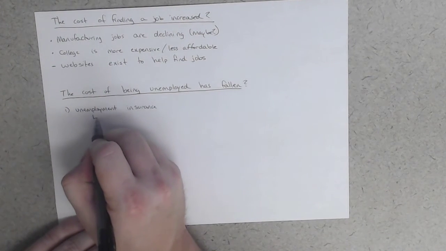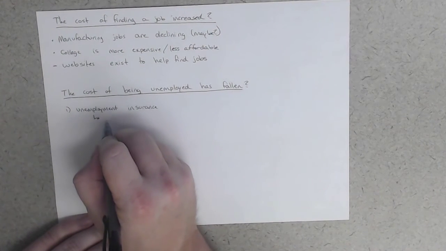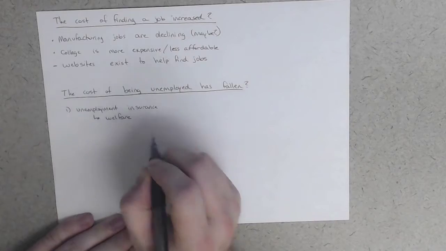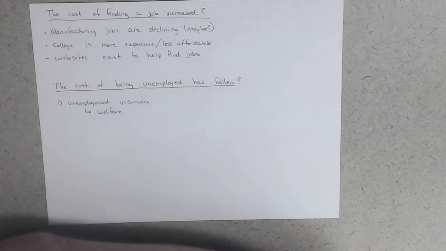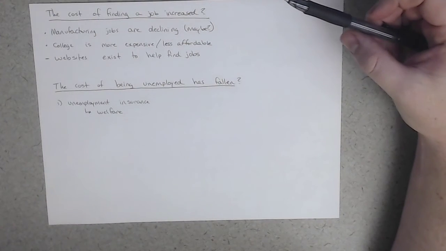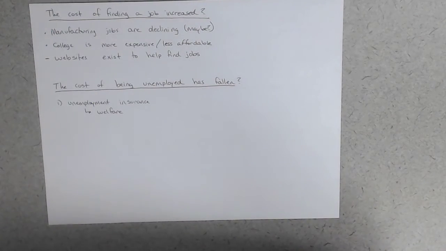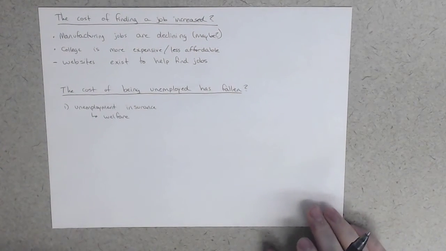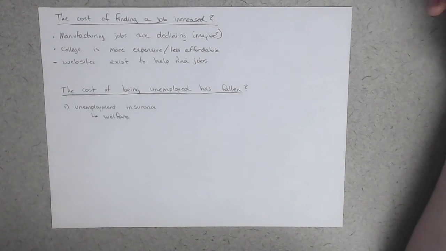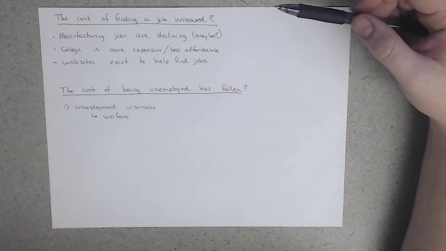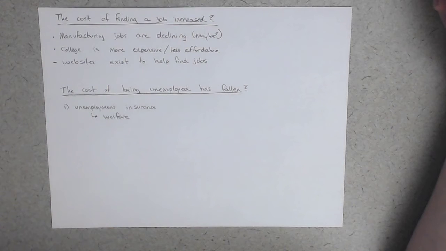Right, this is the overarching thing that people talk about when they talk about welfare. Right, so when we talk about people receiving unemployment checks, this is what we're talking about. Okay, so people who are unemployed can file for unemployment benefits, which help to cushion the fall of their unemployment. But the caveat here is that having greater unemployment insurance can make unemployment less painful and as a result make it longer lasting. Now, there are benefits and costs to this.